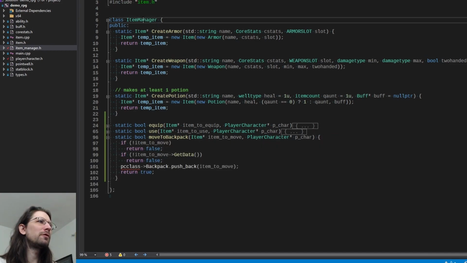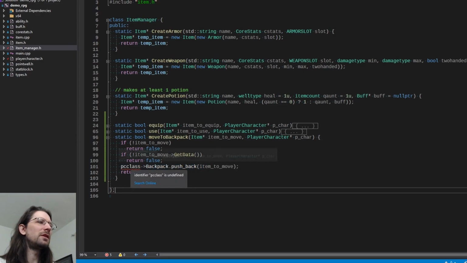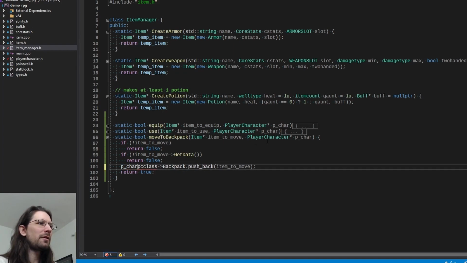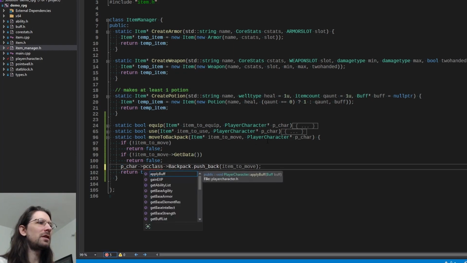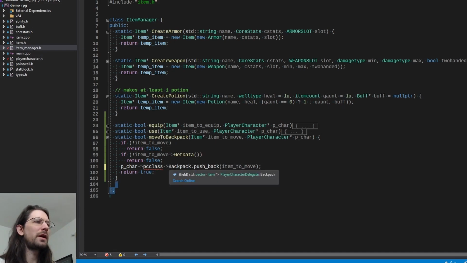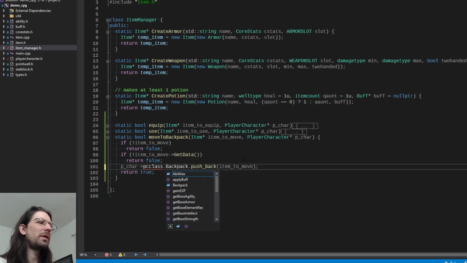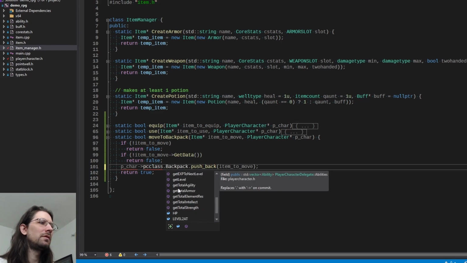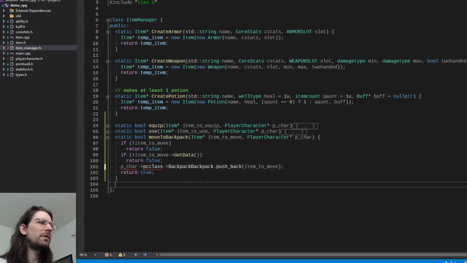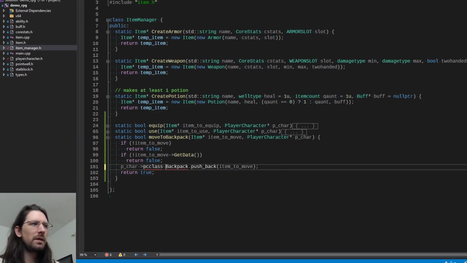So first things first, item manager is not going to have access to private stuff in this PC class, because this is going to be like P character, PC class, and then backpack, pushback. It might be dot here. Yeah, dot backpack. There it is. Oh, okay, that's right. But the thing is,